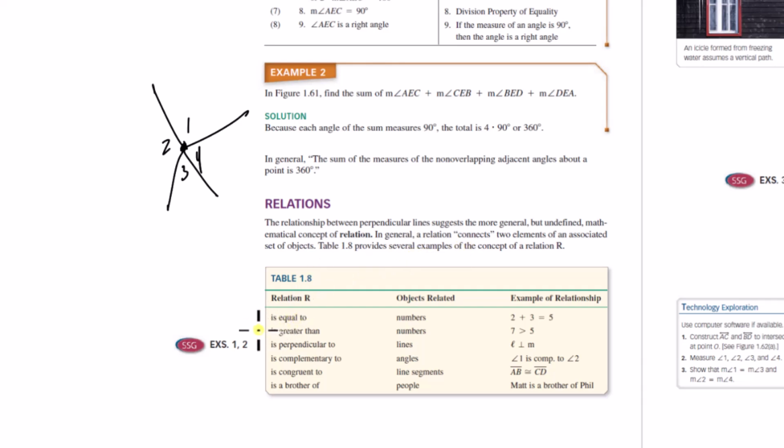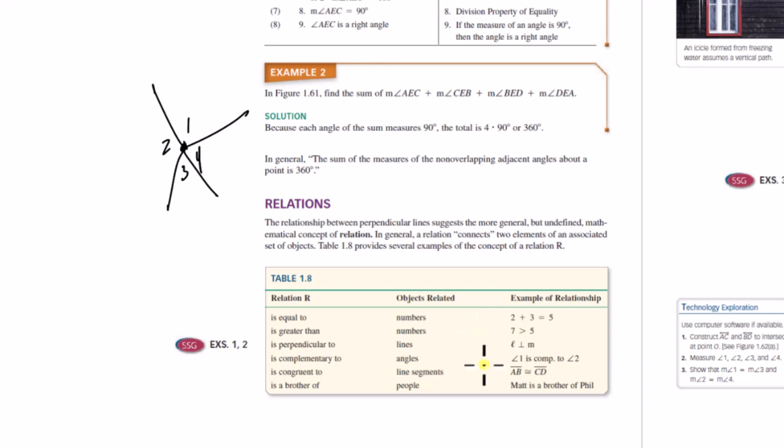Let's see what they mean here. Relation is equal to: 2 plus 3 is equal to 5. That's connecting two elements of an associated set of objects. Is greater than, is perpendicular to, is complementary to, is congruent to, is a brother of. Again, this is rigorous mathematical lingo here, but